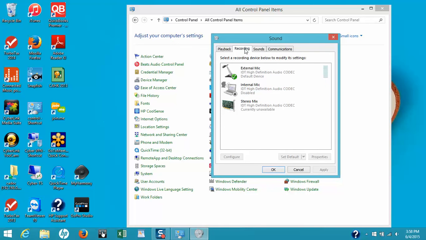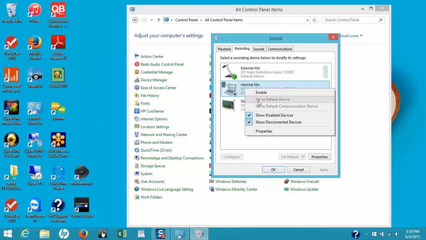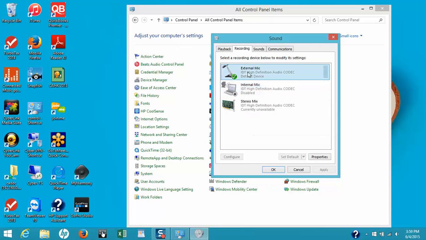Again, to point out, my microphone is set as my default device. Not my internal mic on my laptop, but my external mic that I plugged in. And again, to make sure you can change the settings, if I wanted to use my external mic, this would be set as the default device, but it's not. My external mic is. So again, make sure that green check's next to the microphone. Let's go ahead and check the sound levels on the microphone by clicking Properties